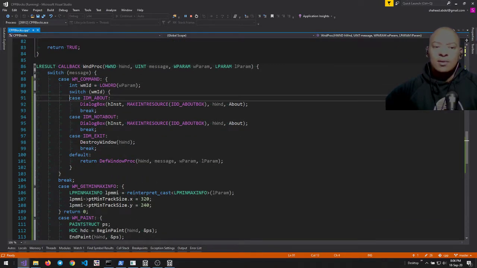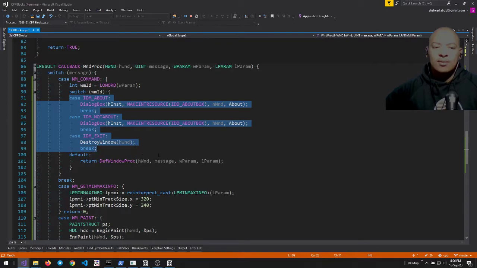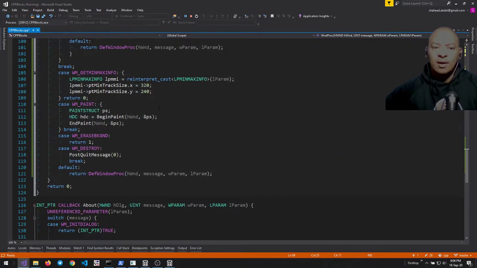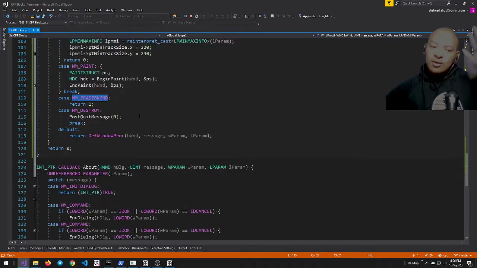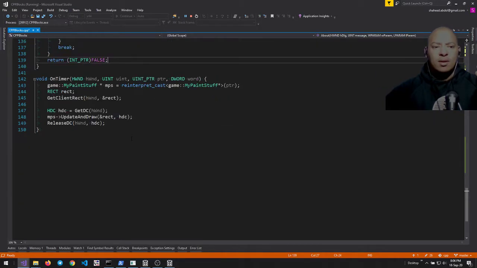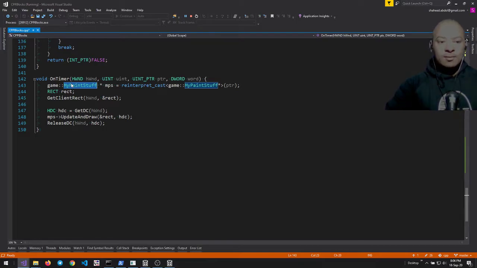These things all look okay. I can't think of what those were for. Get min max info, and then paint does nothing. Erase background just says yeah sure I got this, but then doesn't actually do anything. WM command just checks if you're closing a dialog. Okay, and then on timer actually does the simulation,